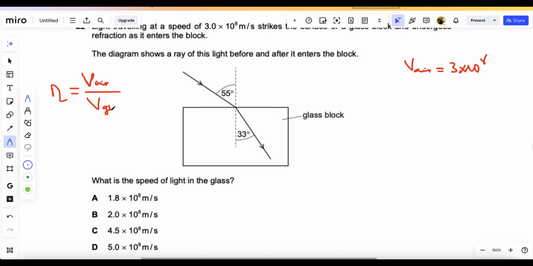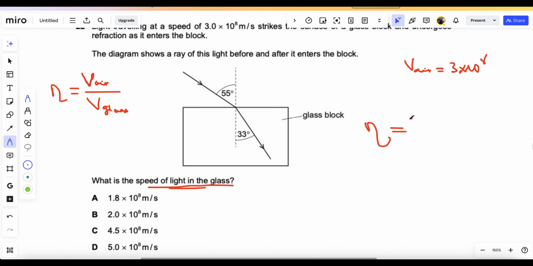So you cannot do this if you don't know the refractive index, because you cannot find the speed in the glass, because they're asking us for the speed of light in the glass. You cannot do that if you don't calculate the refractive index of the glass. You can calculate it by using, since it's coming from a less dense medium, air, to a denser medium, glass, so refractive index will be